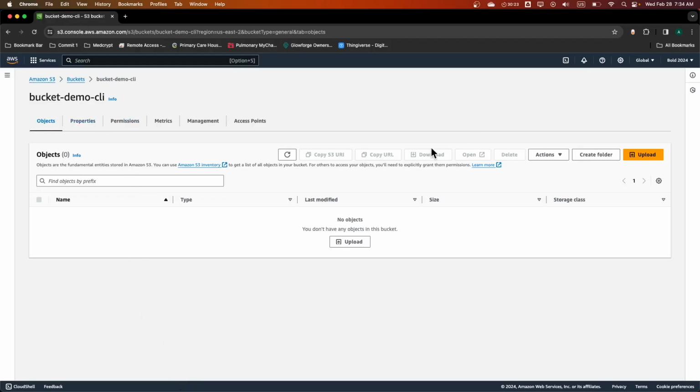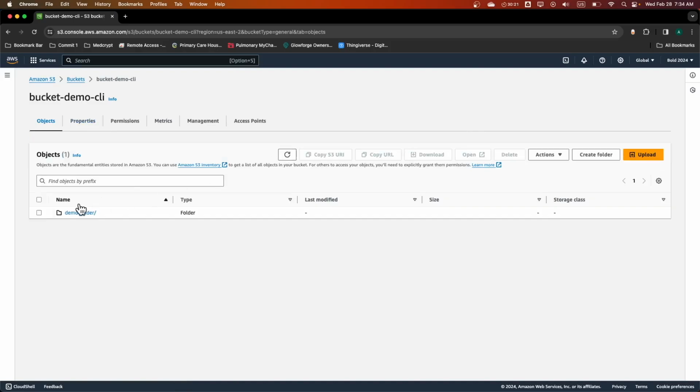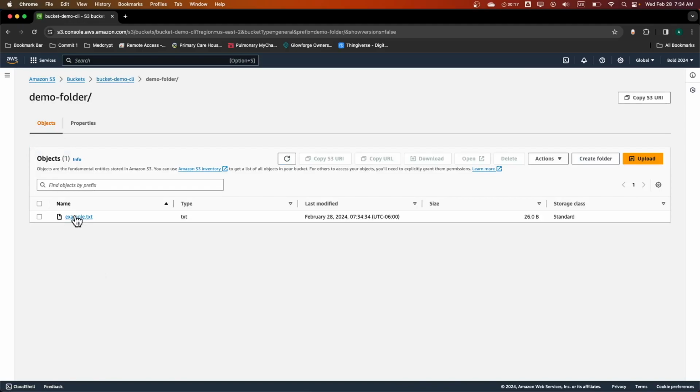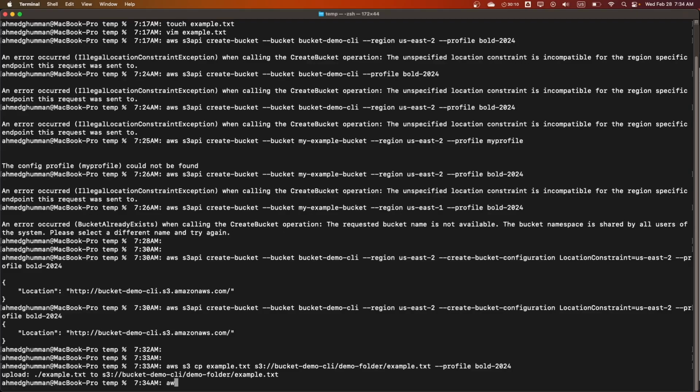I'm just gonna confirm that if I refresh that, it's gonna show me that I have created a new folder, demo folder, and the file is in there. Okay, now in terms of if you want to get rid of that file, we're gonna be doing,